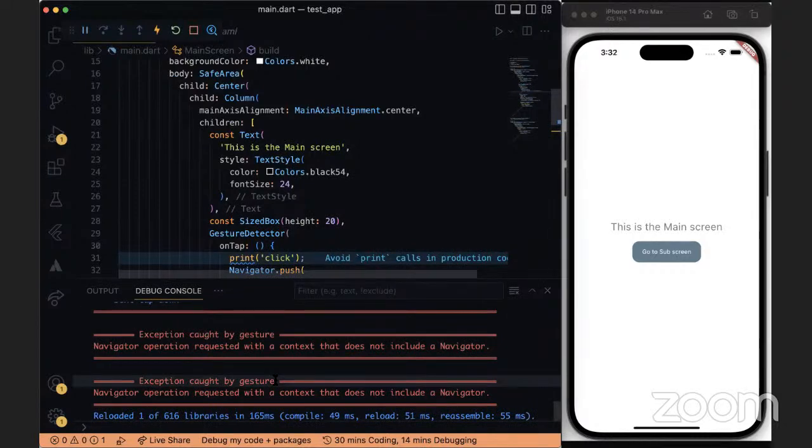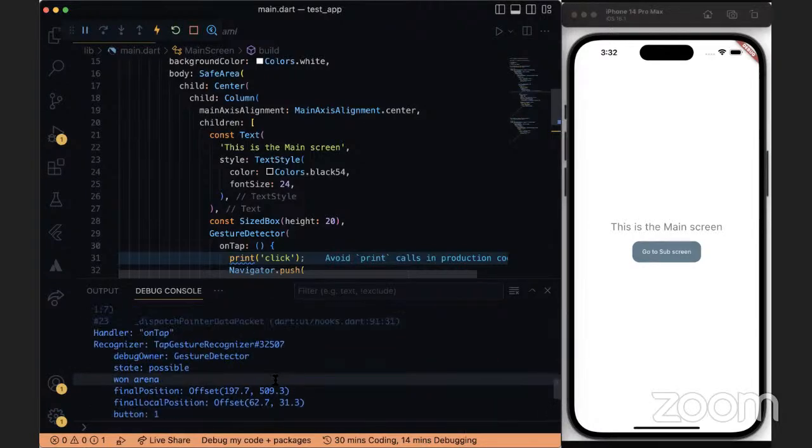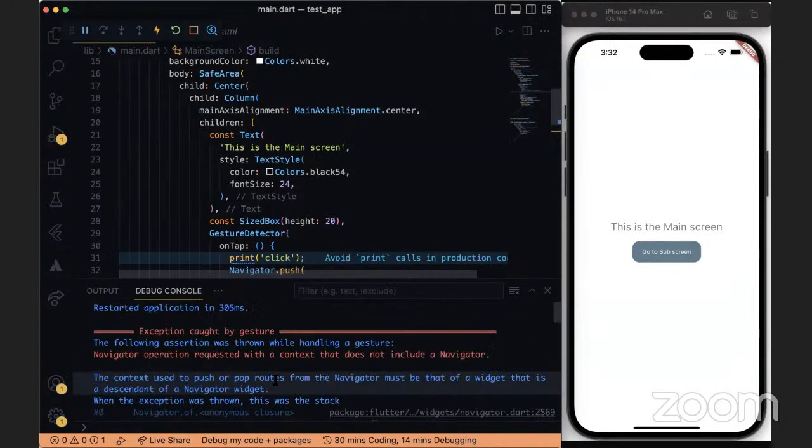Navigator pressure and requested with a context that does not include a navigator. Oh my. Okay. Oh, it was actually showing an error, but I wasn't looking at the console, so I didn't see it. Okay, so very quickly, what that's telling us is, for you to be able to navigate in between different screens, you need to add those routes